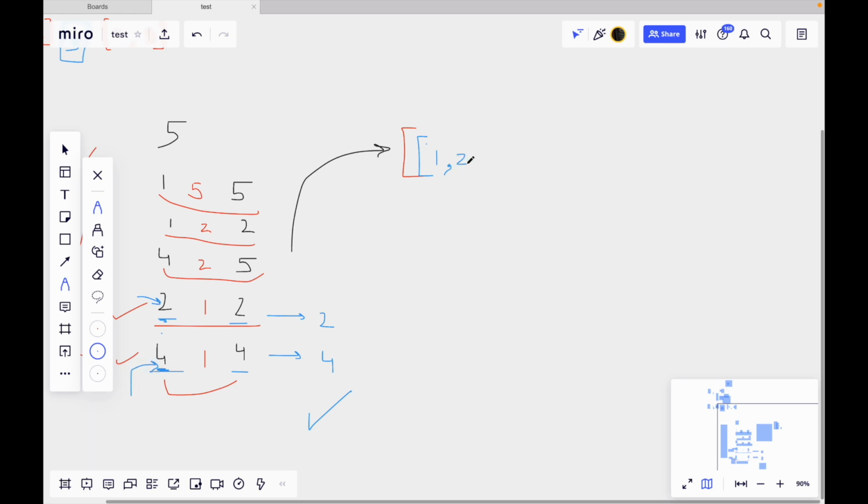So it's in the form of 1 comma 2 comma 2, and the second one will be 1 comma 4 comma 4, right? Both these ranges have length 1, but this is starting from 2 and this is starting from 4. It's always better to start with the lower indices in case of equal length of ranges.